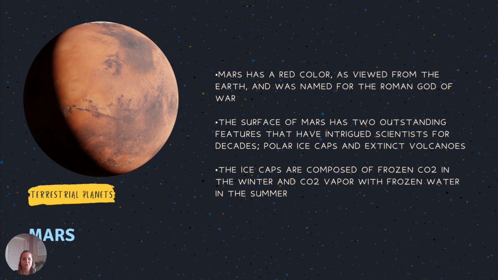Then moving on to Mars. So Mars is our red planet, right? The surface of Mars has really cool features, those being volcanoes, a really, really large fracture, which you can kind of see in this image here, which is similar to our Grand Canyon. And they also have polar ice caps. You can kind of see that at the top there of the planet image.